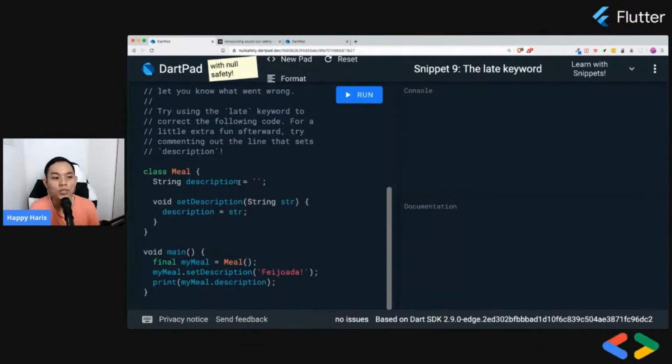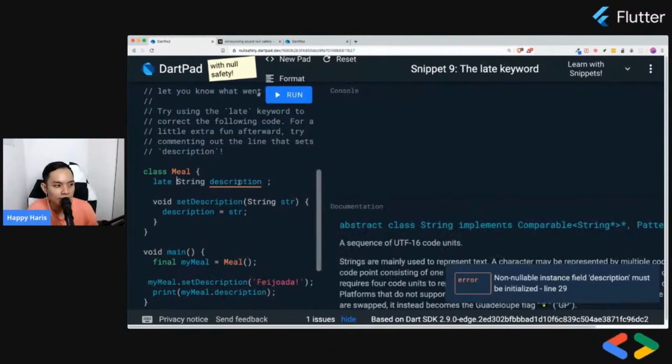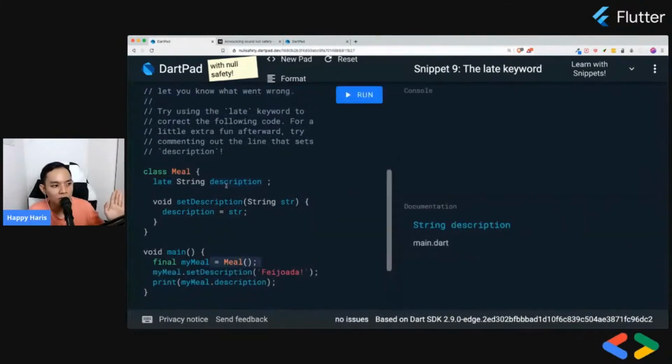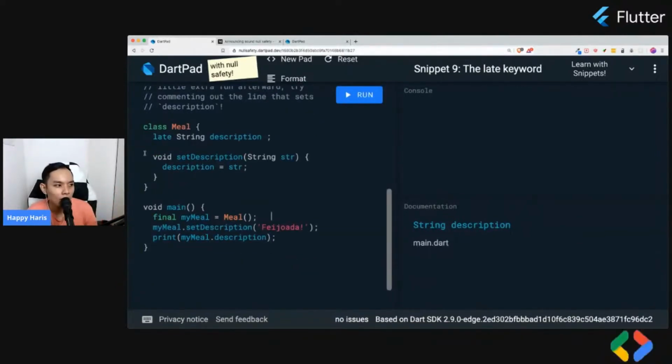So why not optimize it, right? So late is more towards optimizing it, by putting the keyword late. With this, right now, it says to the Dart programming language, okay, this description field, I'm going to initialize it later. Now with this meal, at the same time, it has a method that's called setDescription. It takes in a string, basically a setter method that overrides the current description with the string that is